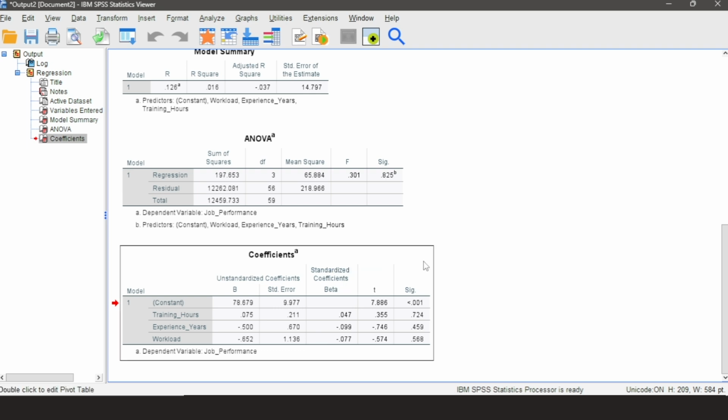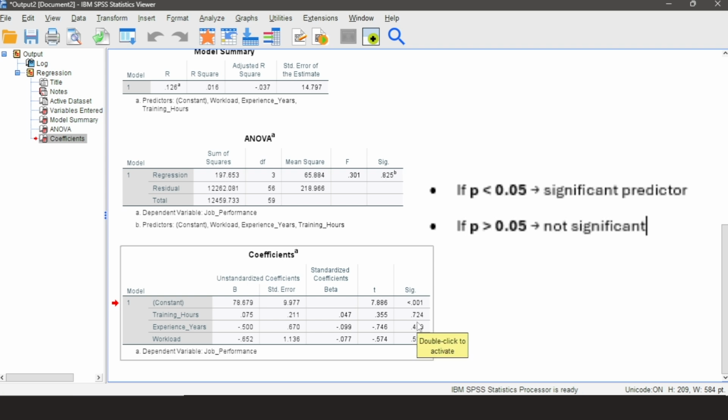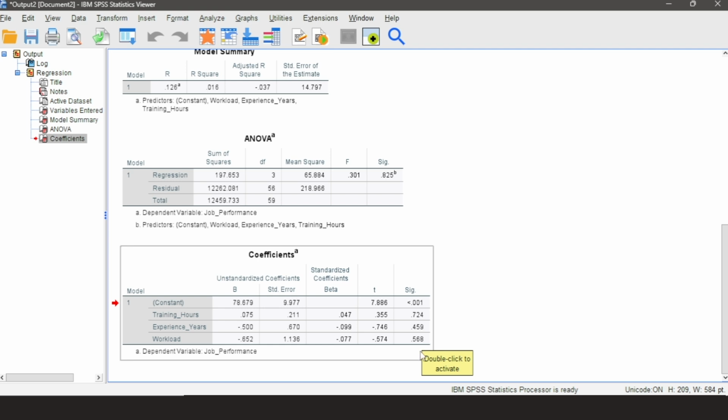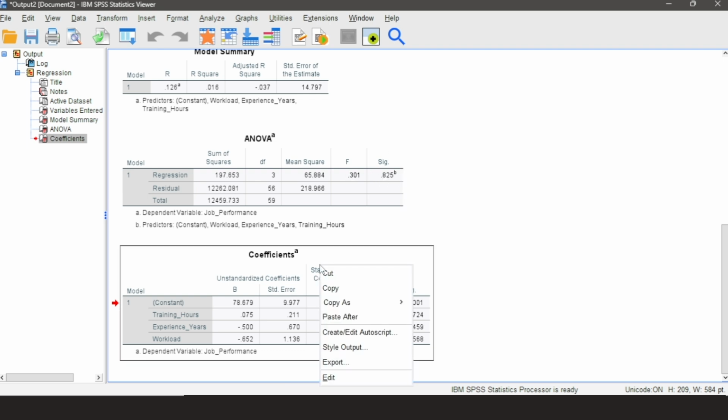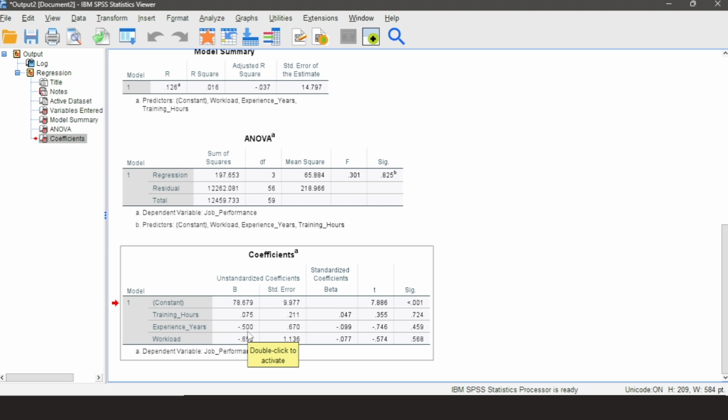The next interpretation in regression analysis is the significant value. If this value is less than 0.05, that means the particular independent variable is a significant predictor. If the significant value is greater than 0.05, that means that the independent variable is an insignificant predictor. Here, the significant value of all three predictors are greater than 0.05, which means that the three predictors do not significantly contribute to this model. And just as you can see in our ANOVA results,